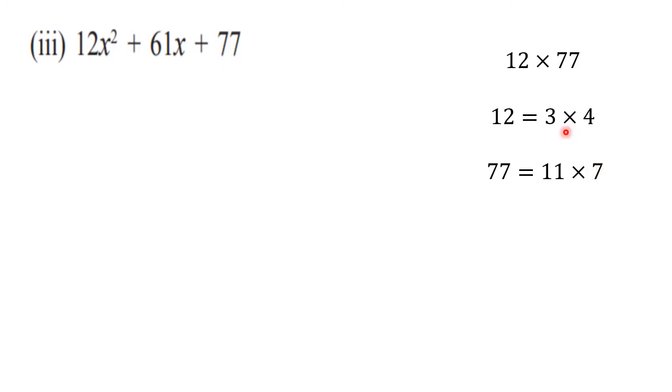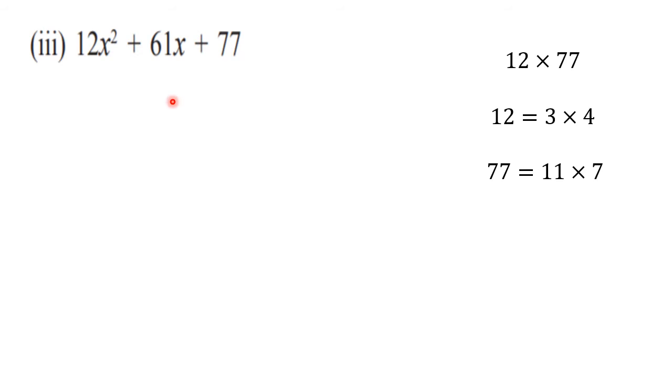Okay, so by observing the factors, we can decide the numbers. But if you multiply, you will get a huge number and then you will get confused. So always try in this way. Find the factors and then try the combinations so that we can get the suitable numbers here. So here the numbers are what? 33 and 28. So this 61 we can write as 33 plus 28. Okay, so that is our second step.